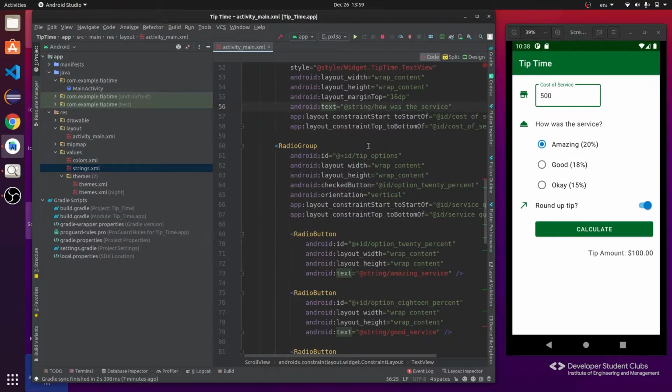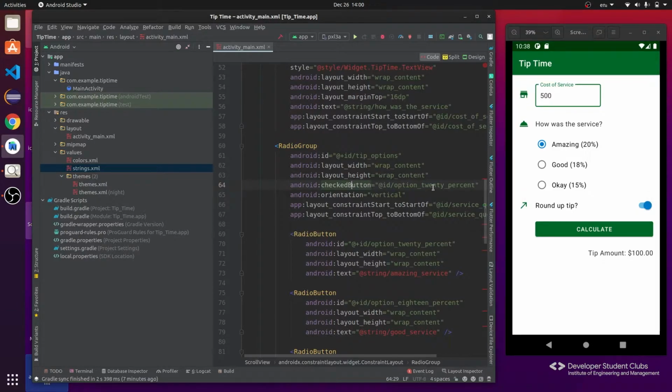Next, what we use is a radio group. Now, what is a radio group? It's these three buttons that we are using. So these three buttons are the radio buttons, and every radio button is a child to a radio group. So first of all, we'll define the radio group, and we give it the ID, that's tipOptions. Next we define the layout width and height, which are wrap content, because the radio group extends only up to the portion in which these radio buttons are available.